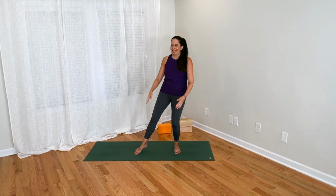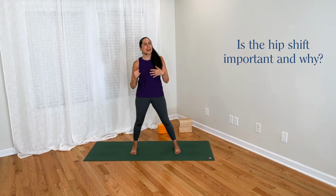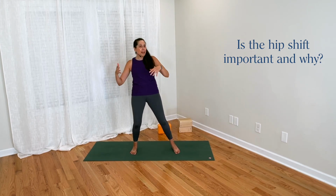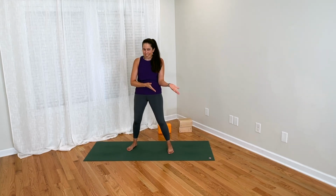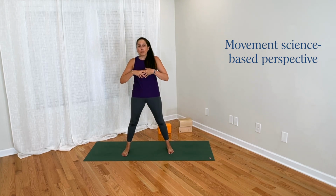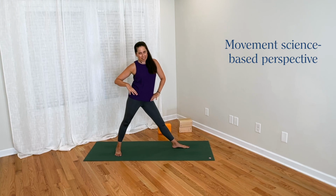So the question is, is the hip shift important? And should we shift to the side before we come down? And if so, and if not, why? What's up anatomically and biomechanically with this whole hip shift to begin with? So in this video, I would like to present my movement science-based take on this good triangle pose question. And I'll start by giving a quick nutshell response as far as what I think about this hip shift, which is that no,